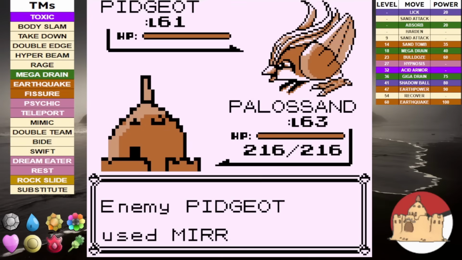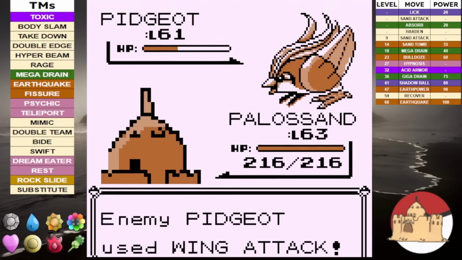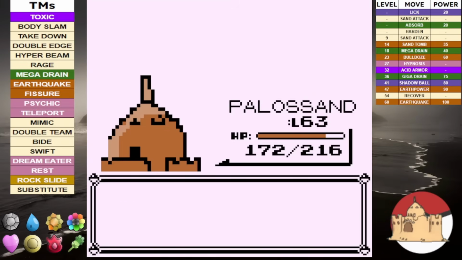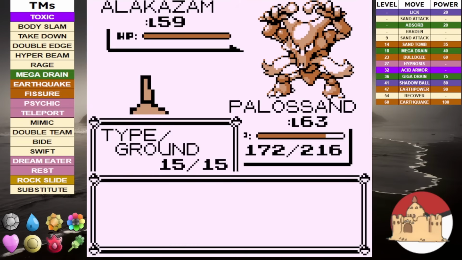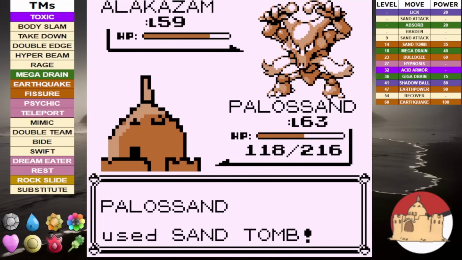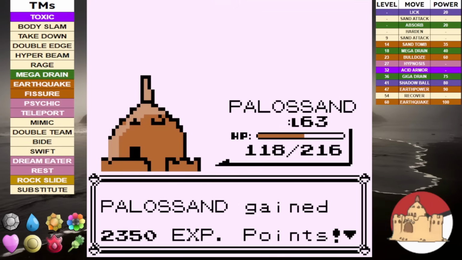I've used my final 2 rare candies to bring Palossand to level 63. Pidgeot opens with a Mirror Move that fails as Rock Slide does over half. I miss my next as it chips me down with some wing attacks before going down. Alakazam follows and hits me with a Psychic that thankfully doesn't crit or lower my special, while Sand Tomb only hits twice. Alakazam just goes for Reflect, allowing me to take it out,